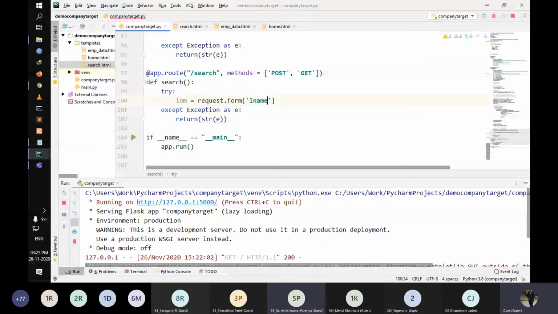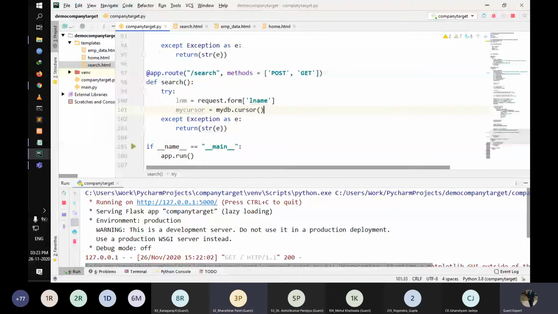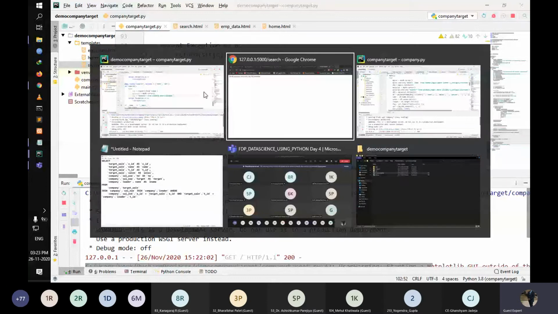And db.cursor. From... what is the name of the table? L name? Yeah, L name.